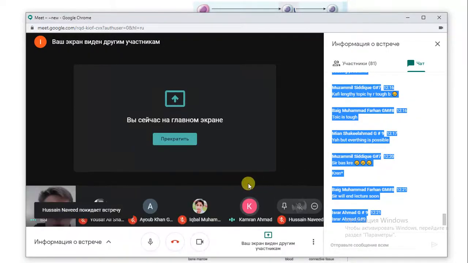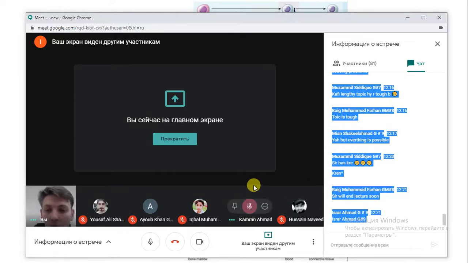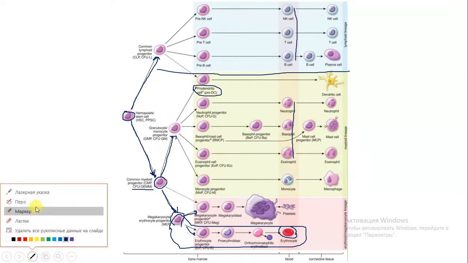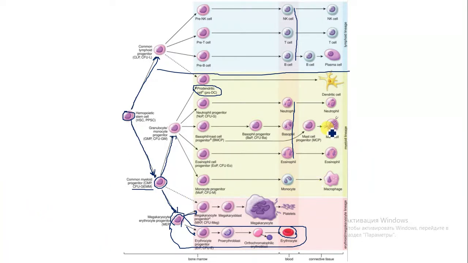Sir, what is a mast cell? Good question. So let me show it to you. A mast cell is a cell which is very common to basophils by function, and in the previous lecture I said a little about this. Mast cells, by progeny, are similar to basophils,